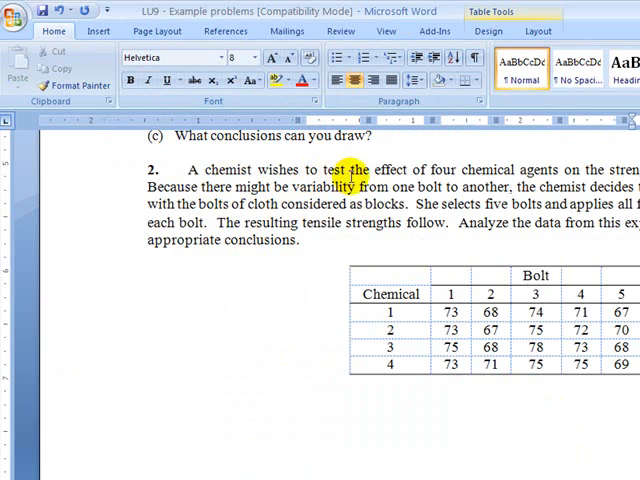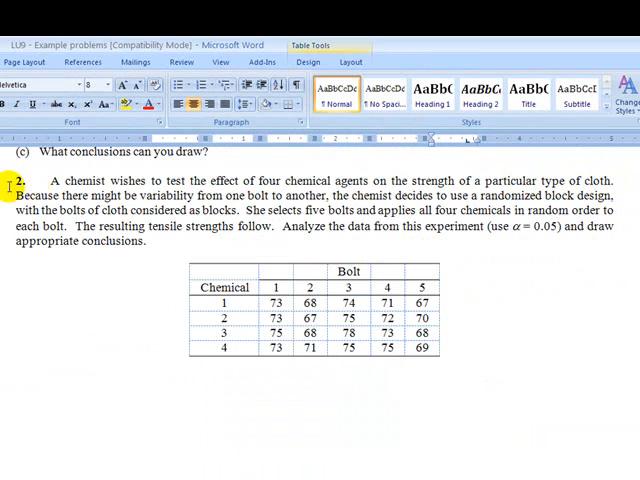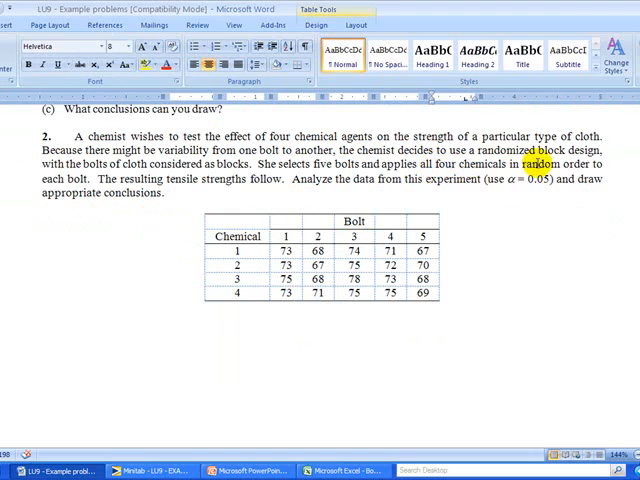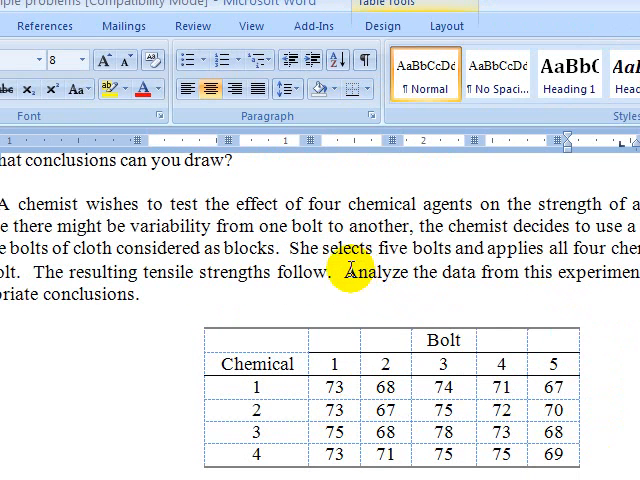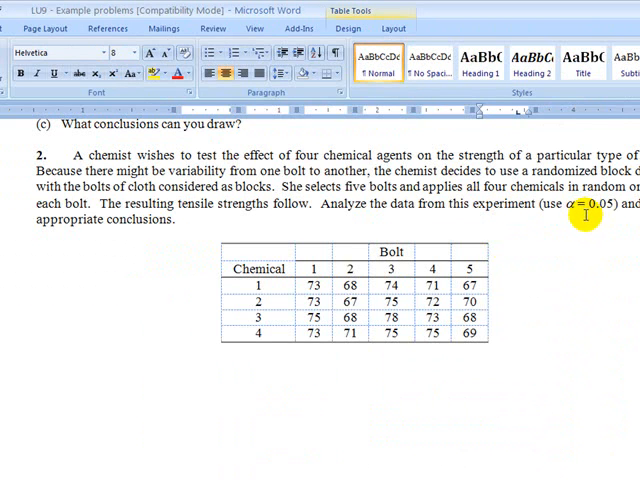A chemist wishes to test the effect of 4 chemical agents on the strength of a particular type of cloth. Because there might be a variability from one bolt to another, the chemist decides to use a randomized block design with the bolts of cloth considered as blocks. She selects 5 bolts and applies all 4 chemicals in random order to each bolt. The resulting tensile strengths are shown in the following table, right? Analyze the data from this experiment, and we can use alpha equals 0.05